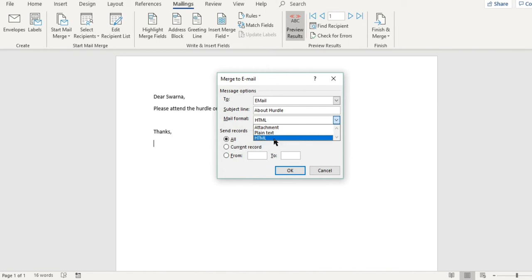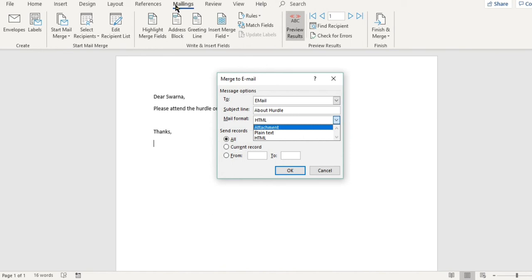So you can select HTML. If you select attachment, this Word document as a whole will go along with this text. Okay, not required, same information. That's the reason I'm telling you to send as HTML. And if you want to send any other, different attachment, it is not possible in this view. You need one more tool like